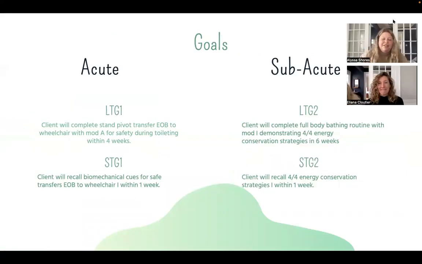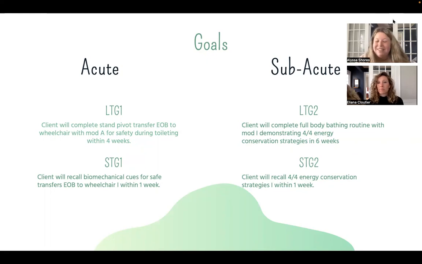So we came up with one long-term and short-term goal for each phase or type of phase. In our acute phase, the client will complete a stand pivot transfer from edge of bed to wheelchair with mod assist for safety during toileting within 4 weeks. And then the short-term goal is the client will recall biomechanical cues for safe transfers,